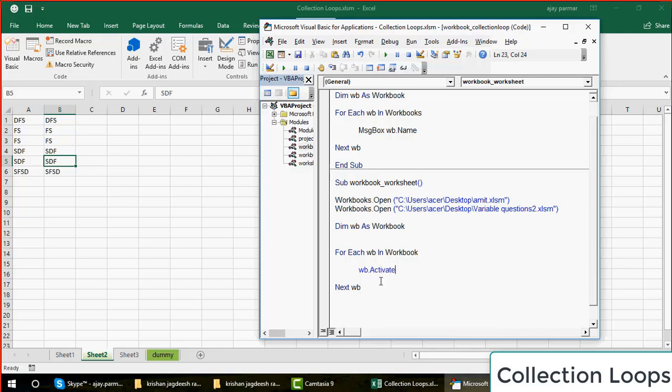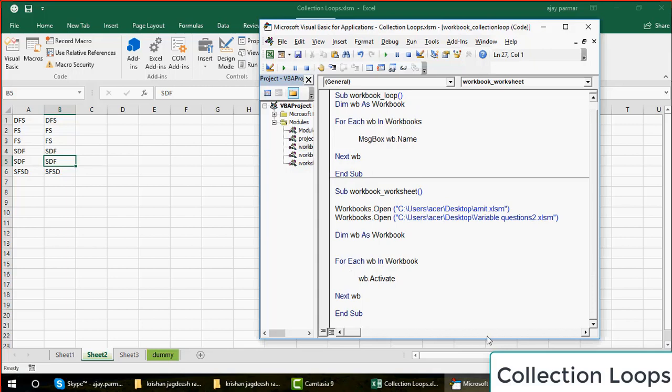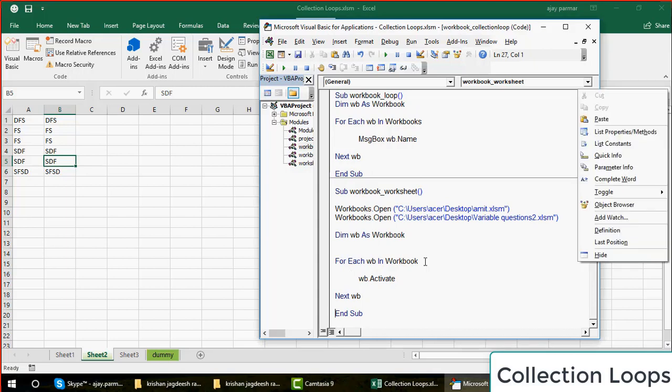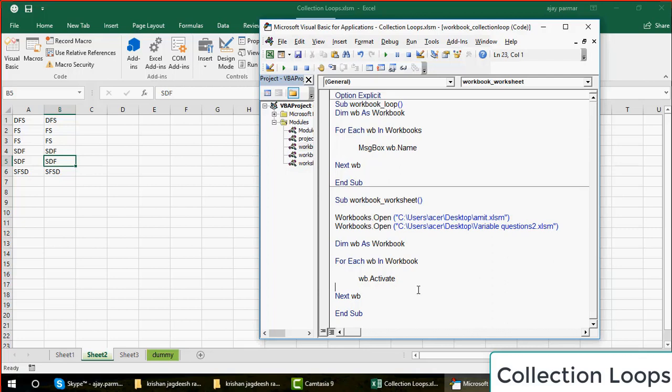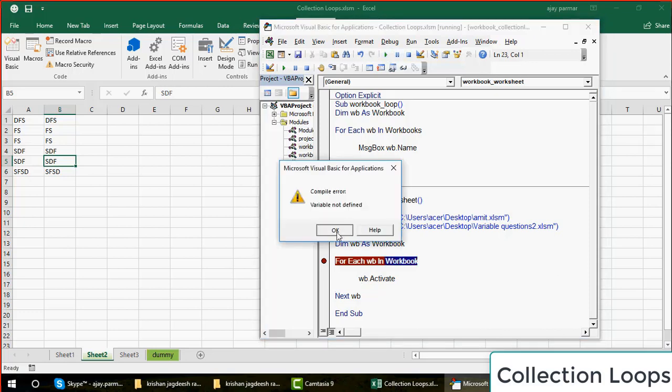That is why I discussed those commands with you, so that when I run the collection loop, you should not feel uncomfortable. So you know a workbook can be activated, right? We saw that. So now let us see what will happen. First of all, I put the break code here, and let's go and run this. Variable not defined.